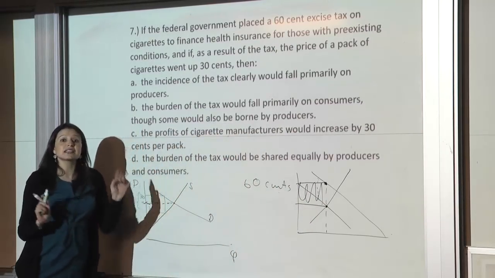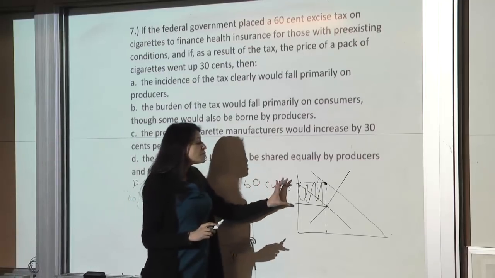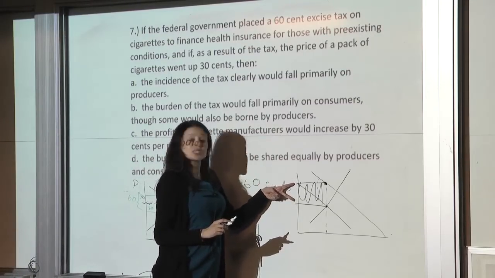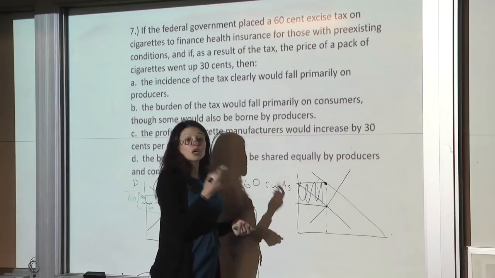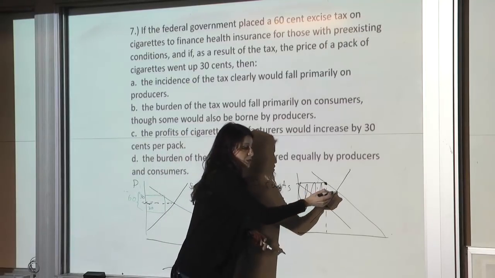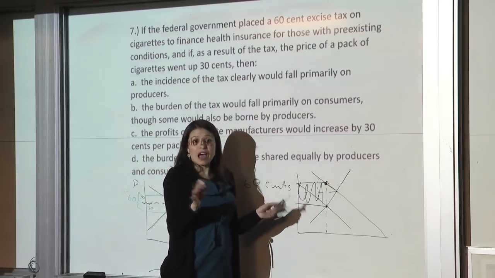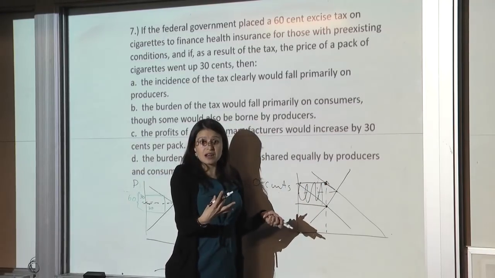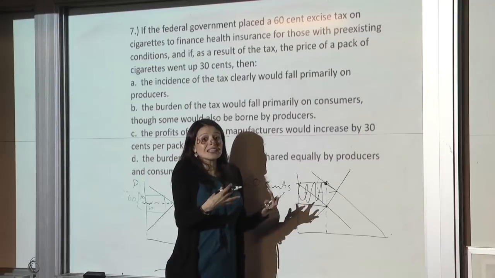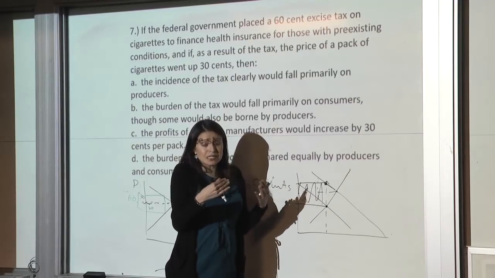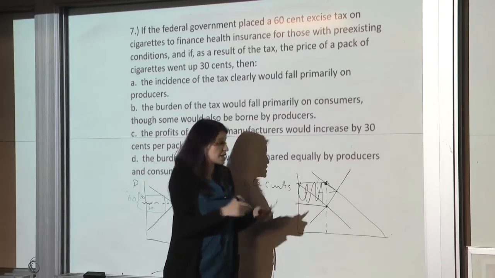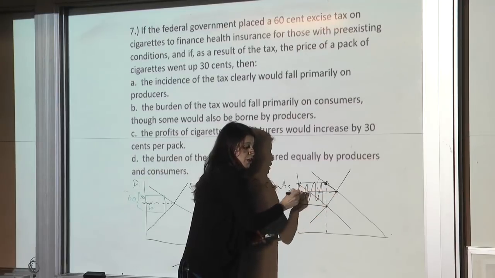So what happens here is that they are telling me the government is imposing a tax of 60, and what you observe at the end is that the price goes from the equilibrium price up 30 cents after they impose the tax, right? So then if you see that the price went up 30 cents, that means that the consumers are paying those 30 cents because it goes up from here to here,